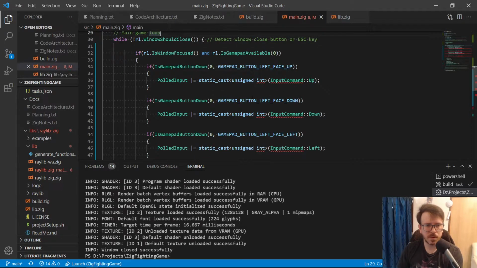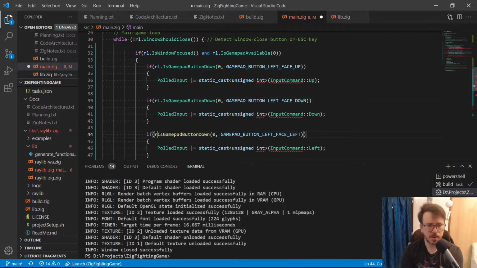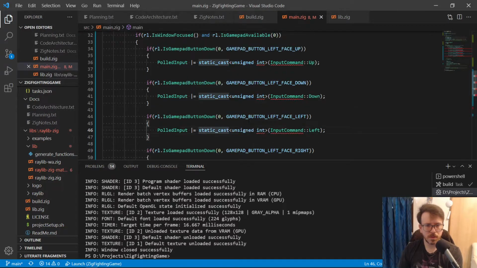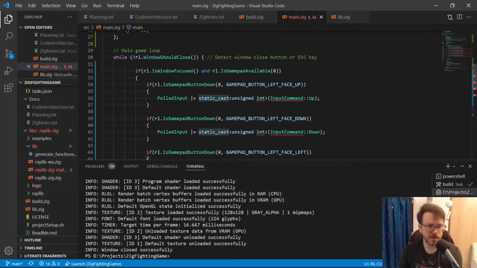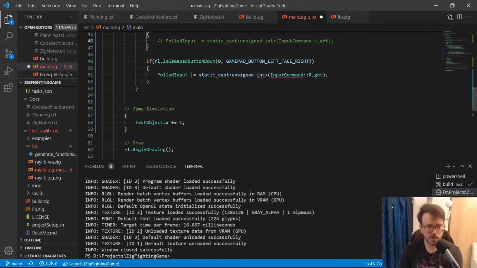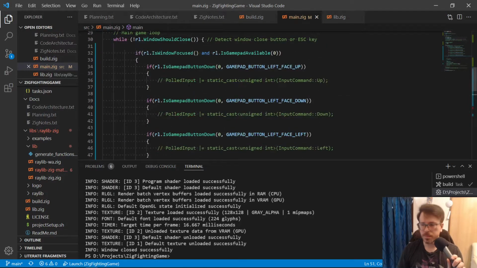And then we need to update this code here for polling our gamepad. So at the moment, I don't have anything like this enum stuff. So I'm just going to comment this out. We'll come back to it here in a bit. I'm going to kind of shortcut a lot of this work because I did the basic stuff for my other example. If you want to go look at those videos, you can step by step, you can check those out.